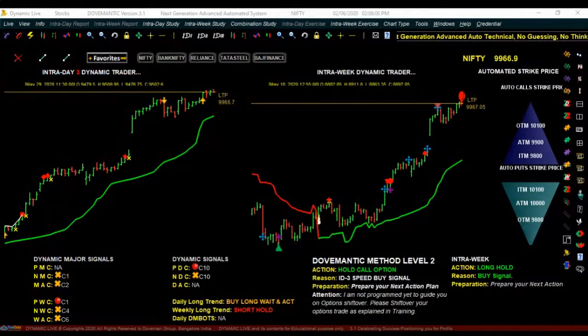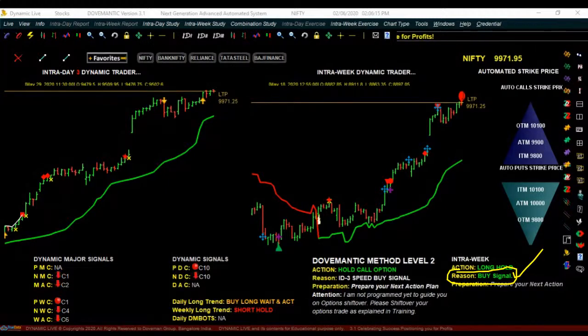And then we have the reason here. In the reason, you can see as of now it is written as buy signal, but many times here it will be written as sideways nearing sign. It means it is telling you that sideways is about to start, be ready. And later the information will change to sideways start sign. So when it says that, whatever trade you have taken, you can at least exit the trades with minimum profits.